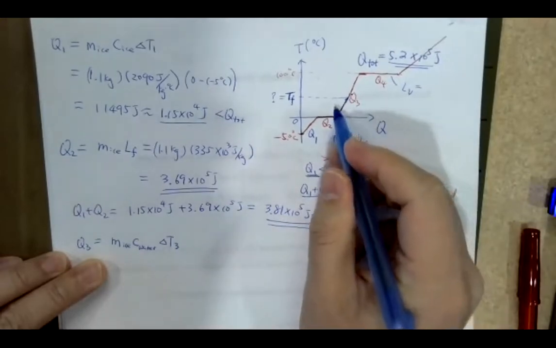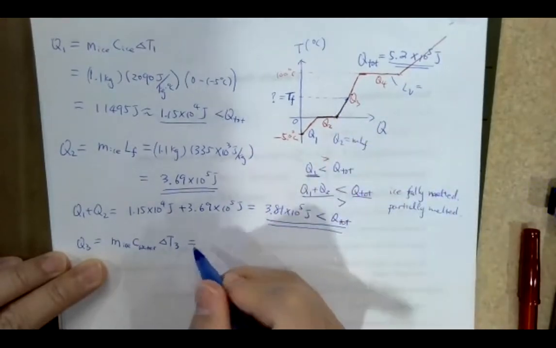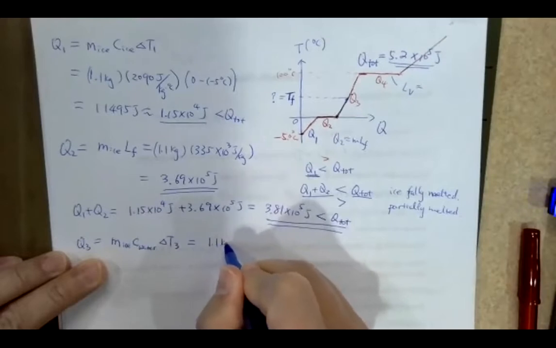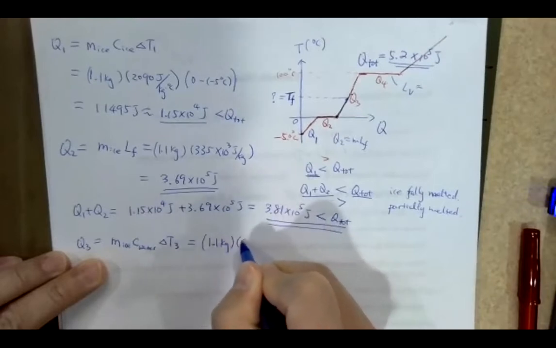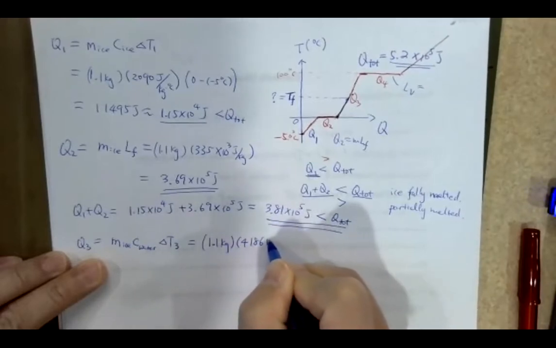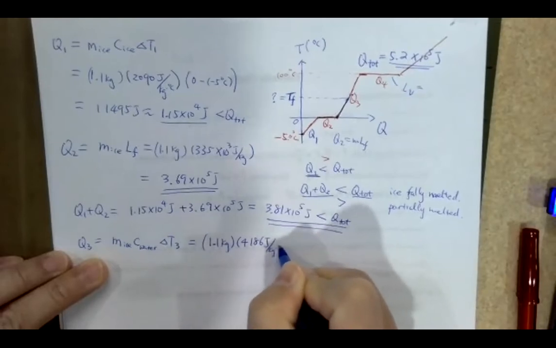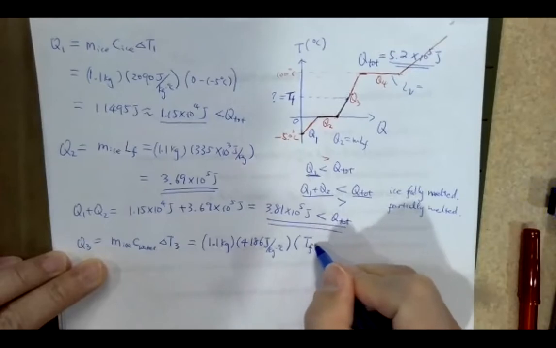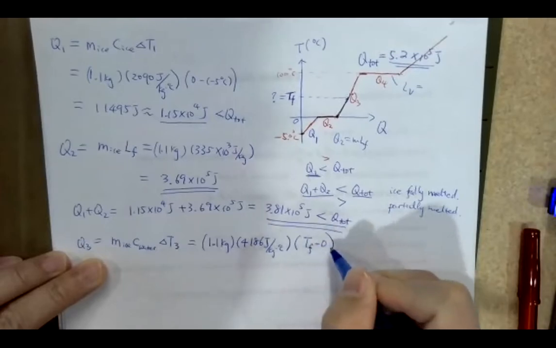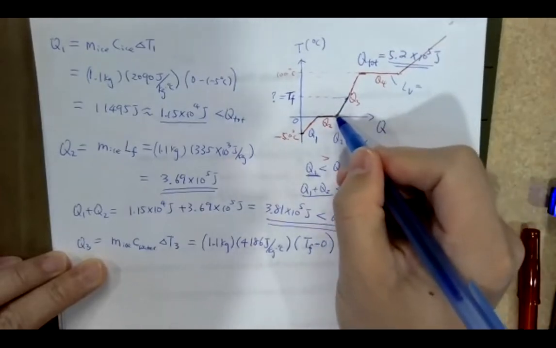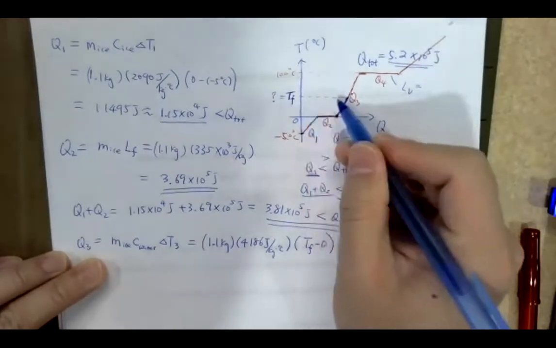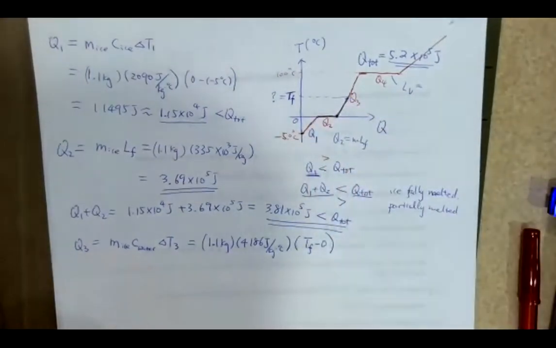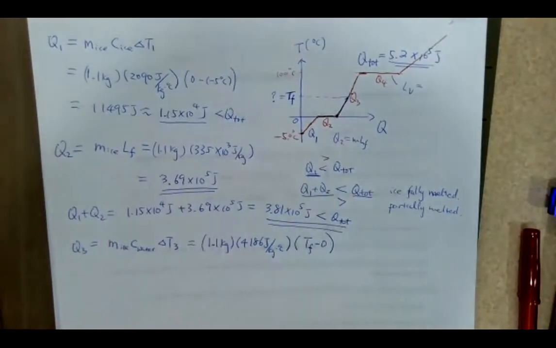Let me also call this delta T3. So this is 1.1 kilograms times 4186 joules per kilogram degrees Celsius. Delta T3 should be T final minus 0, right? For this process, it starts from 0 degrees to a final of T_F, okay? All right, so then